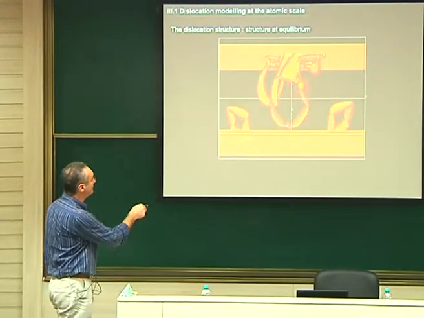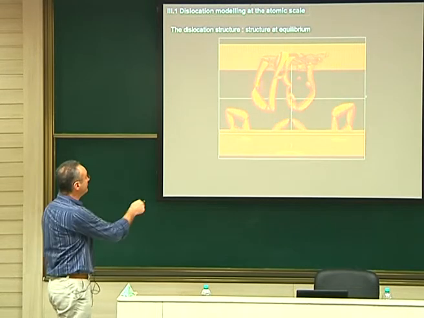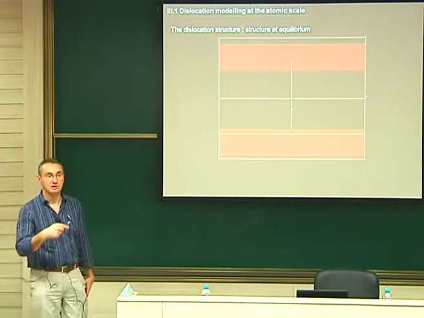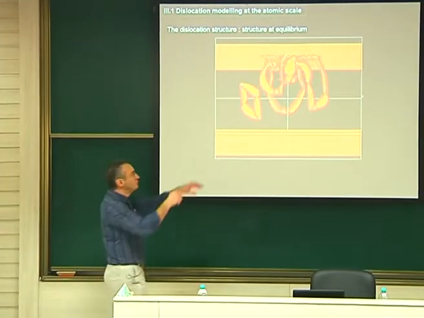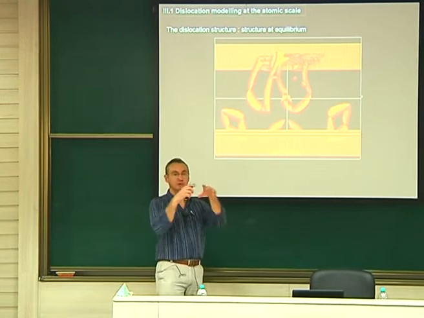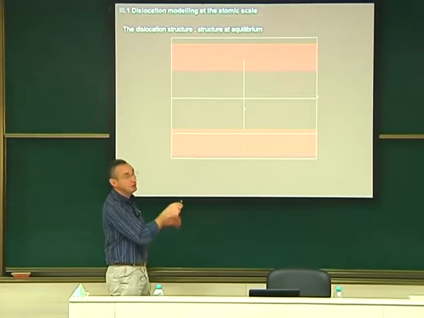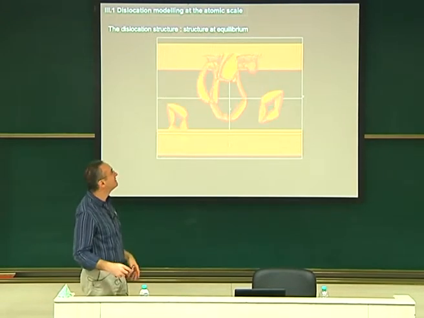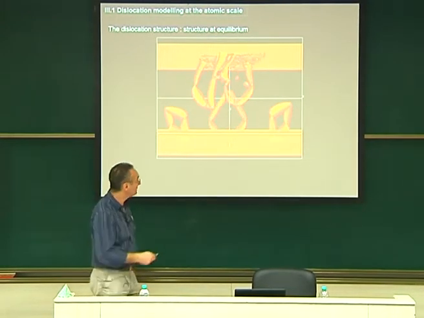Now, if I increase a bit my box to avoid the periodicity artifact, you can see that indeed I have 1, 2, and 3 loops coming out, and another set is coming out. So it looks as if the process was a continuous process. You have loops and other loops and loops. So it's as if loops were able to be emitted by the indentor many times. It's not a single shot mechanism. It's something that occurs many times. Okay. And the loops come.